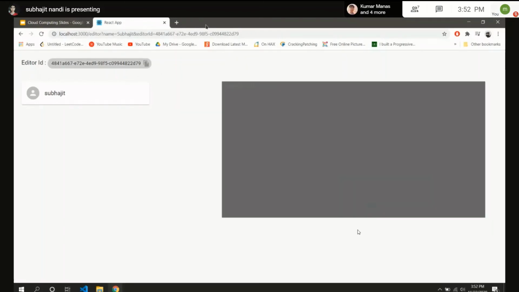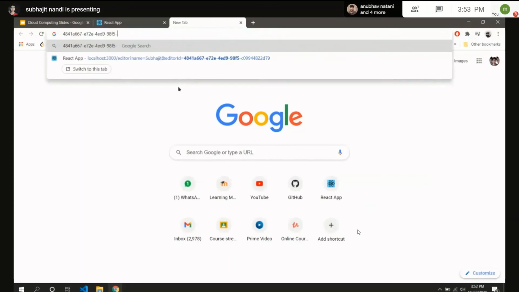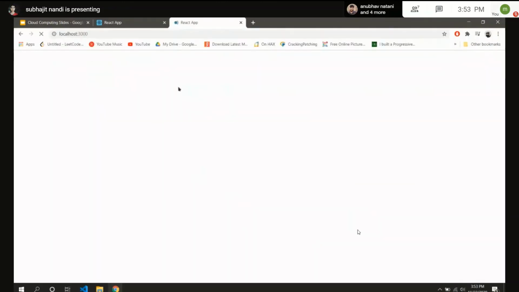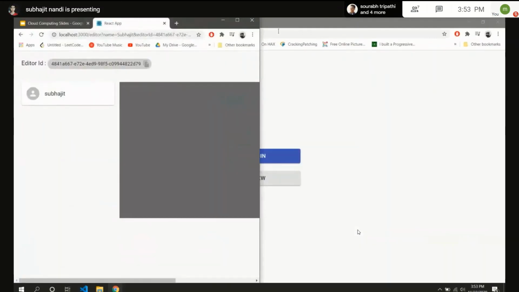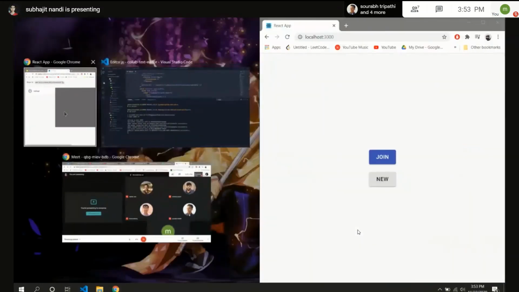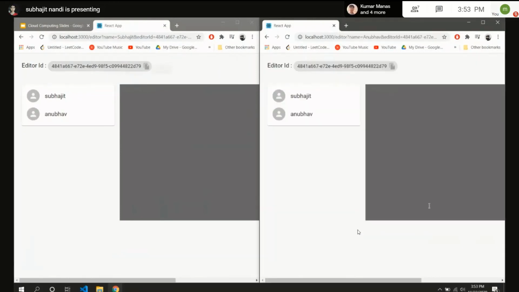If I now copy this editor ID and open a new tab side by side and join an existing editor with a new name and paste the editor ID, as you can see, all the other users are notified that a new user has joined this editor.